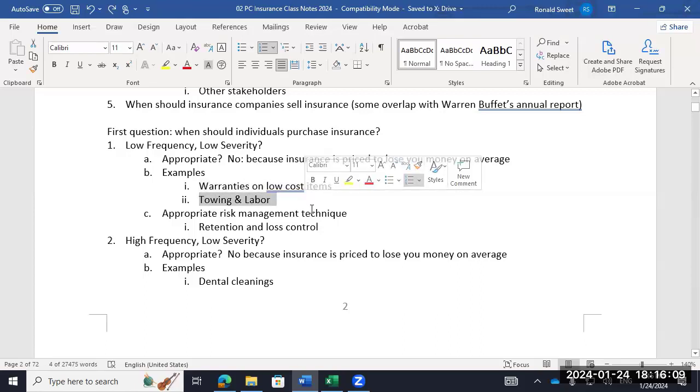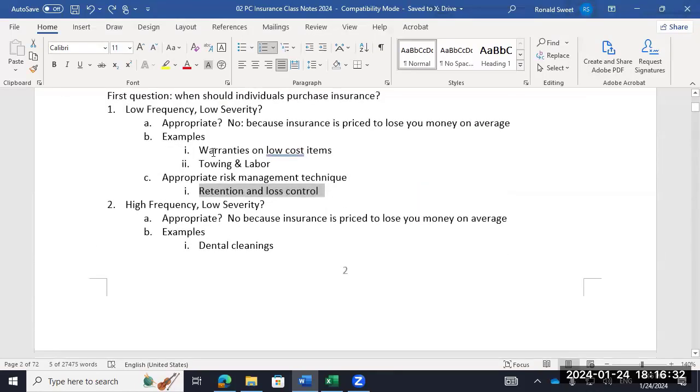Towing labor is a good example. Towing labor is usually part of the policy, but it's usually pretty inexpensive. It's not just towing labor, it's towing labor for a covered loss. So unless you're having accidents every 3 months, over your lifetime you're probably going to pay a whole lot more for towing labor than you actually get reimbursed for that. So what's the best thing to do? Just retain it, loss control. Those that took my life class, I always have to give this example because to me it's the perfect one.